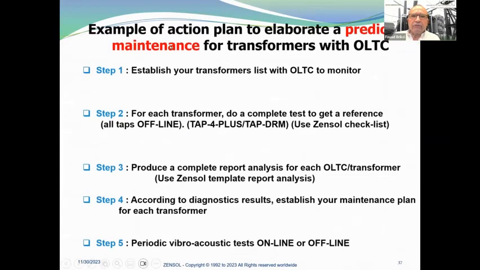So this is what we recommend. It's an example of an action plan to elaborate a predictive maintenance for transformers with OLTC. Step 1, establish your list of transformers with OLTC to monitor. In general, we look for strategic transformers. Step 2, for each transformer, do a complete test to get a reference, all taps offline, tap 4 plus